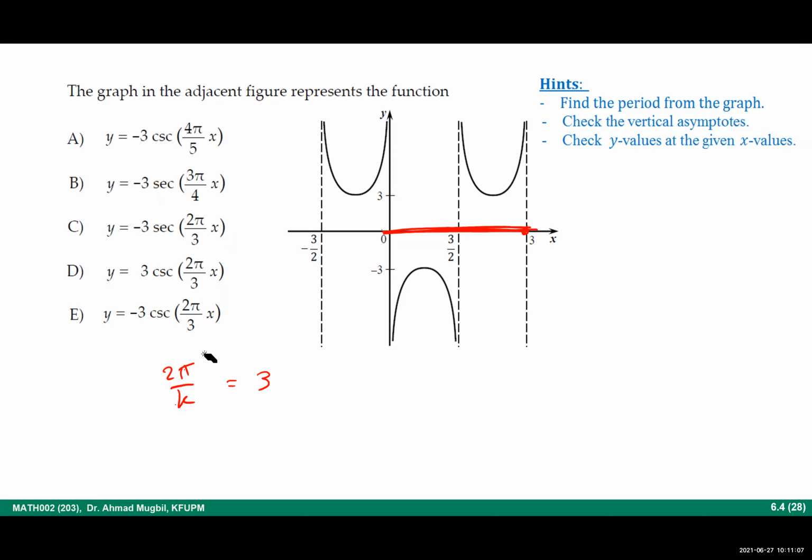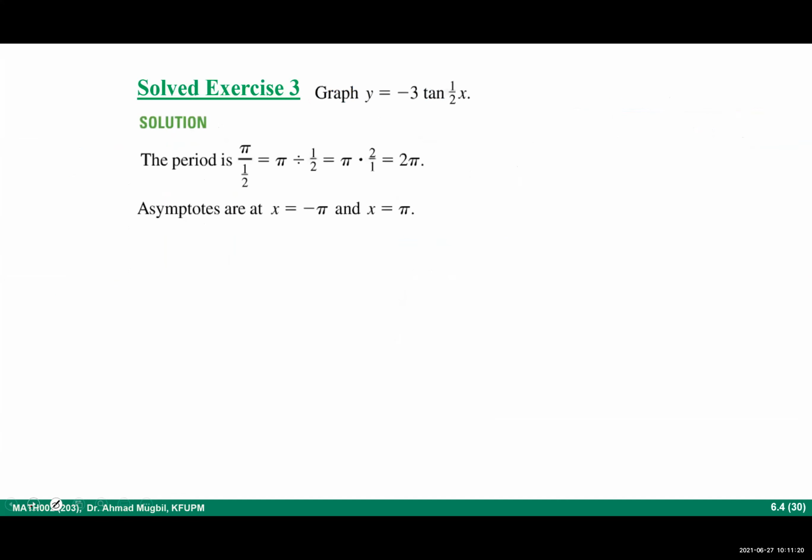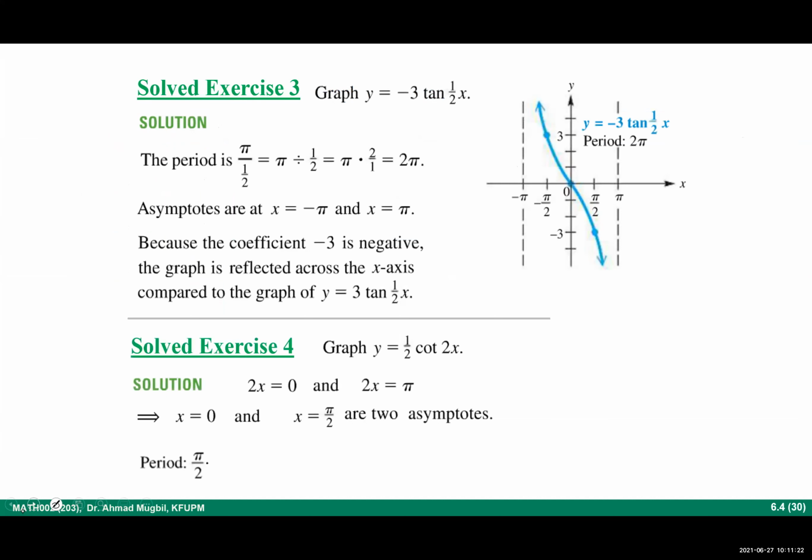And of course, you can exclude some values like that. Then check the vertical asymptotes for those functions. Then you can use, of course, some other y values. Of course, there are other questions and additional exercises with the full solution. I will leave them for you, shabab, and we will go to introduce you to